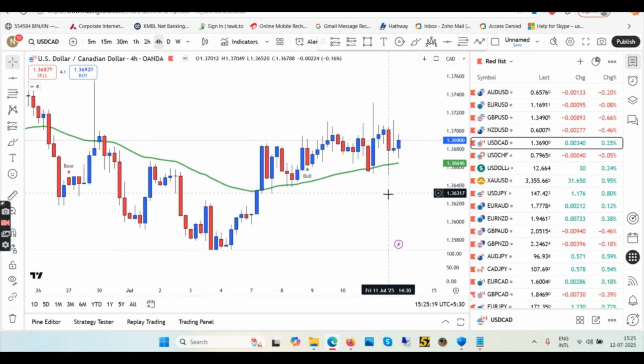Otherwise, we have too many pairs. We have literally too many pairs. Personally, you see my chart here. I have too many pairs to trade. So I don't care if I have to wait on 2-3 trades. I can wait on USDCHF. I can wait on USDCAD. I can wait on AUD and NZD. I don't even touch those pairs if I don't want to. There are too many pairs to trade with.